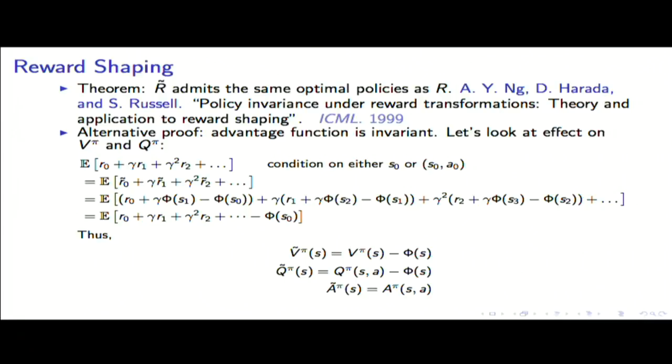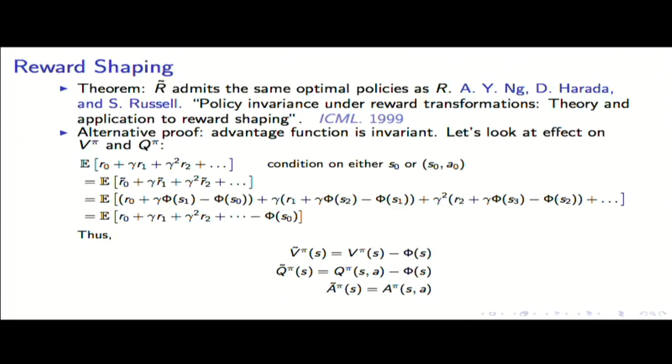So basically this is just showing that if you do this shaping with any old potential function, it'll change the individual rewards, but when you add them all up, it adds a state-dependent term to the returns, but it doesn't add an action-dependent term. So if we consider two different actions,